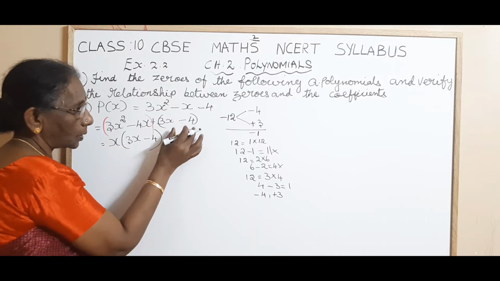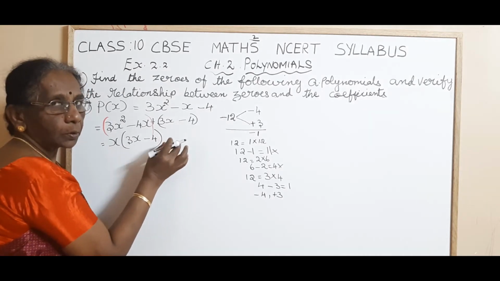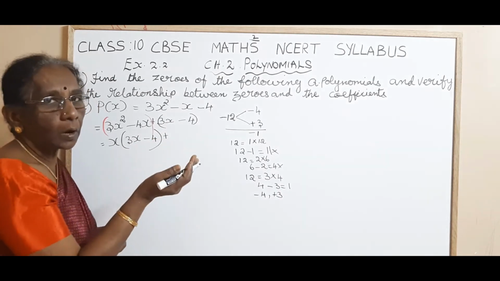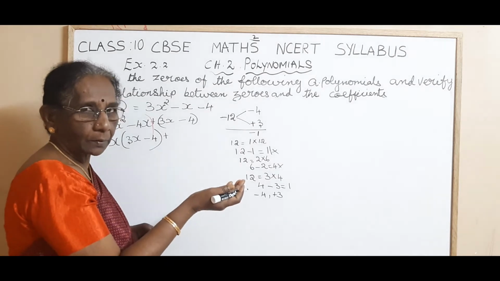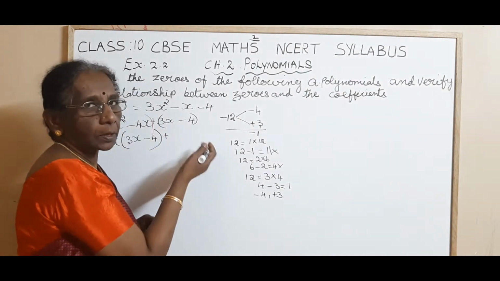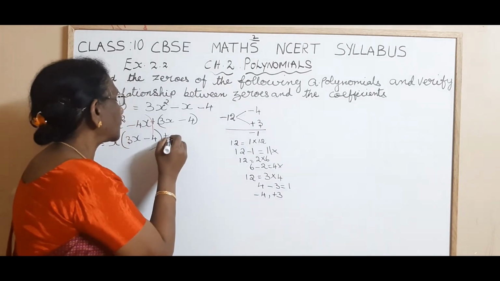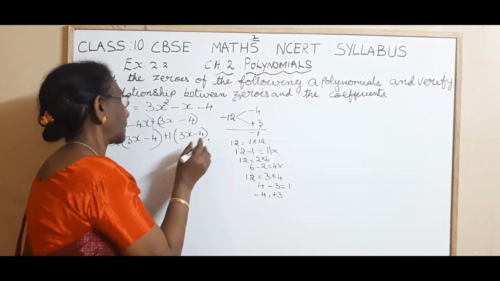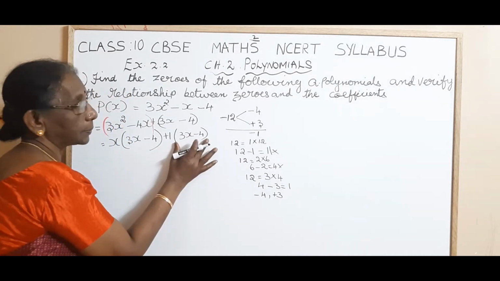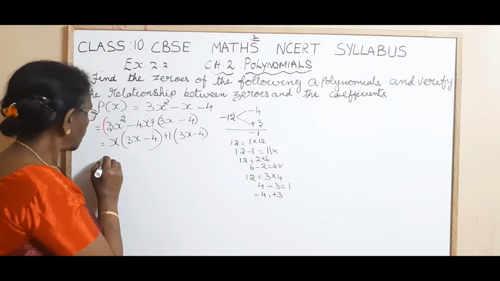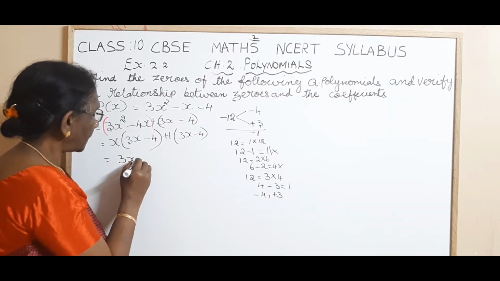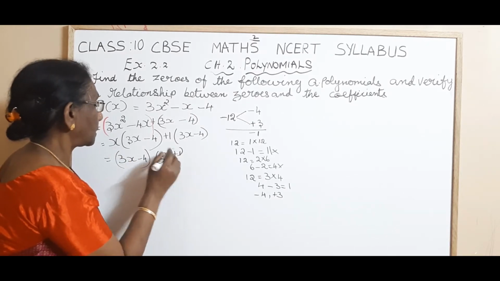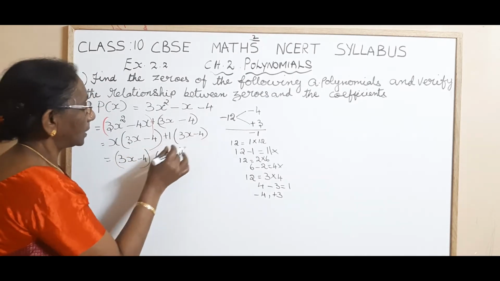The same way, you write this also as a product of two terms. So you write whatever sign is here, plus. Now 3 and 4 have no common factor, and x also is not a common factor of the two terms. Therefore, you have to write 1 into 3x minus 4. Now when you take this product and this product, 3x minus 4 is common. So you take this as 3x minus 4 into x plus 1. If you take this out, x will be left plus 1.